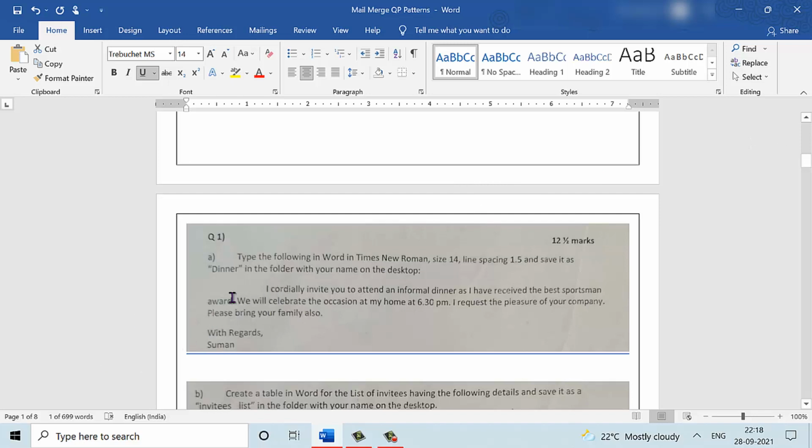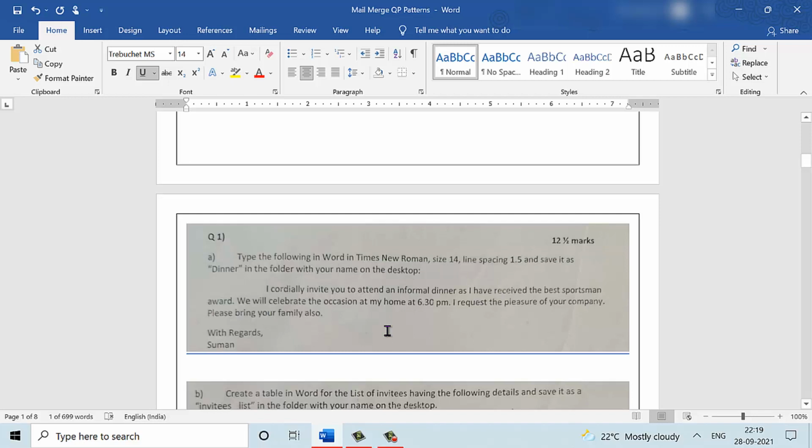There is a letter given to us in the question which we are expected to type. Apart from the letter, the formatting options, like which font it has to be typed in, what the size is, what line spacing we have to maintain, everything is specified here, which we should not miss doing because they will all carry marks.